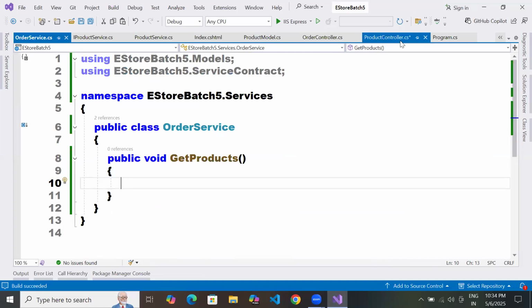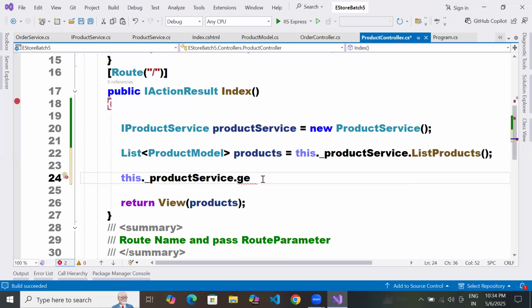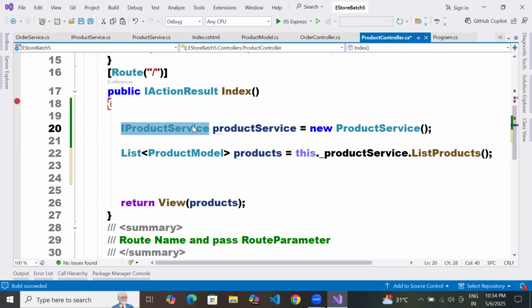Get products is not coming. Yes, it won't come. Why? Because you created the object for the service interface. This interface contains methods, and only those you are going to get. You understand, right?